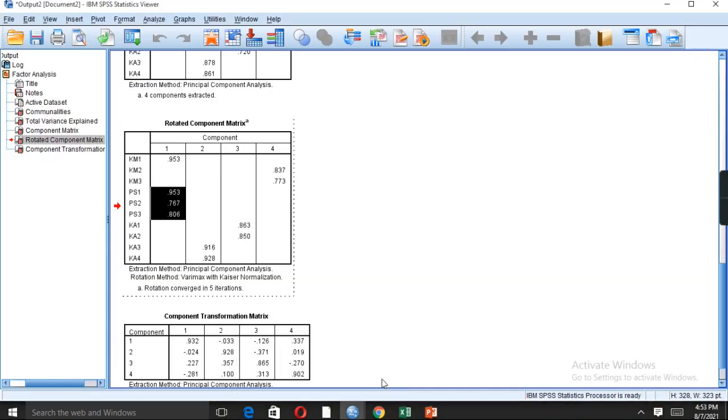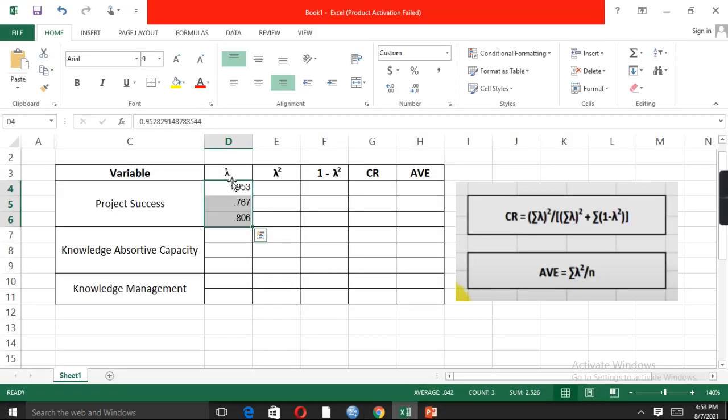I just take the value of project success from the rotated component matrix table and paste into the lambda column. Slightly adjusted it. So now, similarly, we are just going to copy and paste the values of other items.